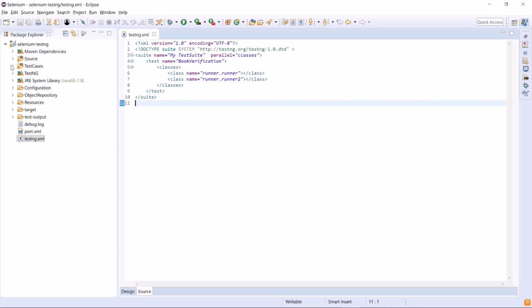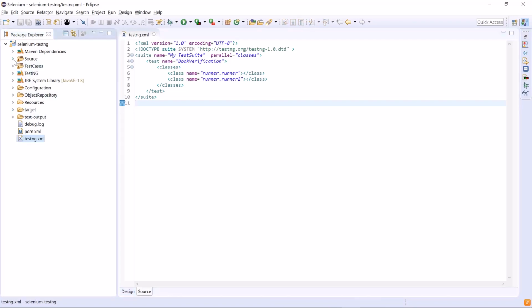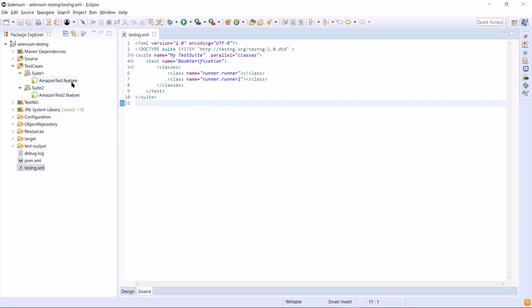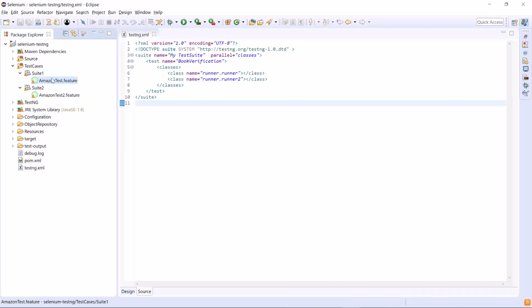Here we have two runner classes which execute different test folders. We can execute the same test on different browsers at the same time, or we can target which test to execute on which browser. So to run the same test on different browsers, first we need to create different tests in the testng.xml file.